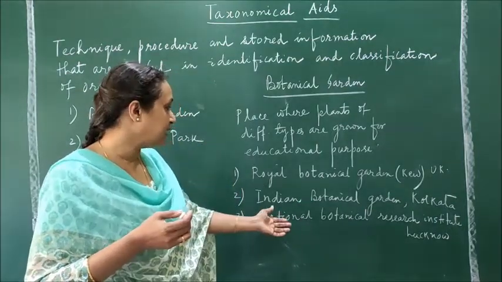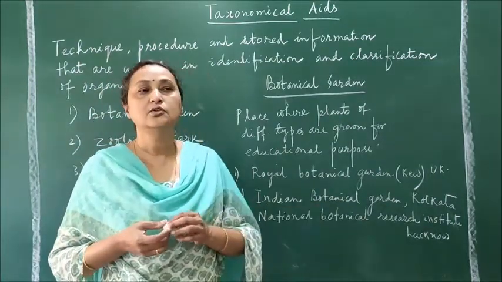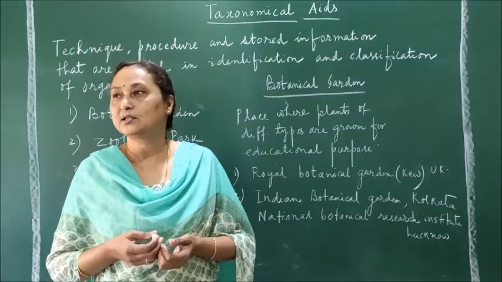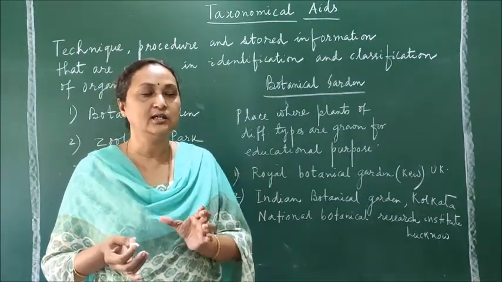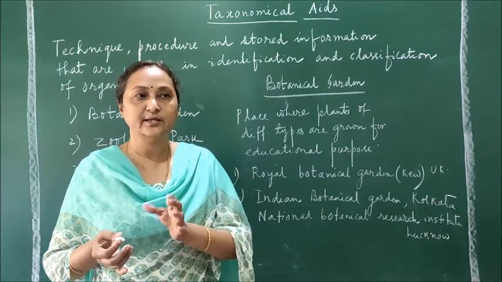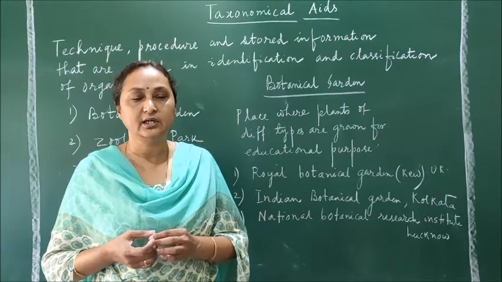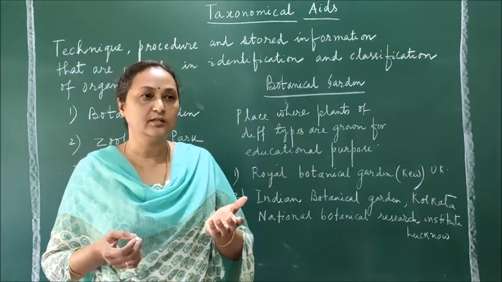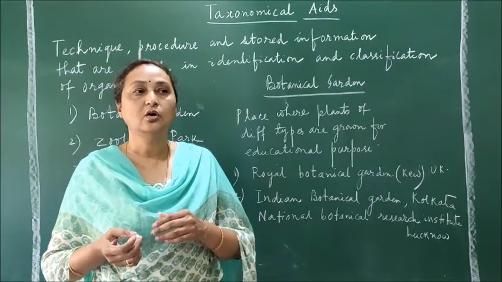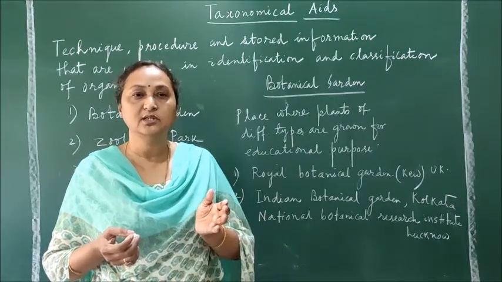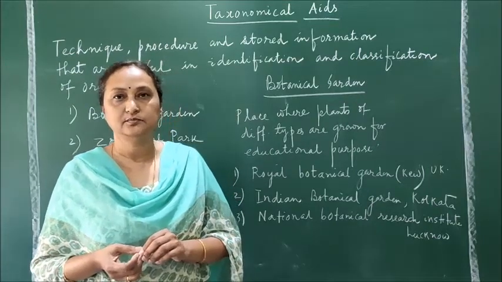Now similarly you can find in Lucknow also there is the National Botanical Research Institute. There also you can see there are so many exotic plants, and there you can see the botanical name is written. The local name is written, the scientific name is written, so that the common people can also know about the scientific name. Or the botanists who want to study the plants can know the biological name, the family to which it belongs, or what kind of habitat. So all the information is there in the library which is there in the botanical garden.